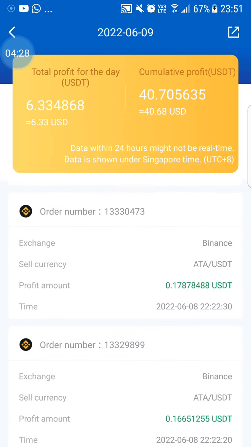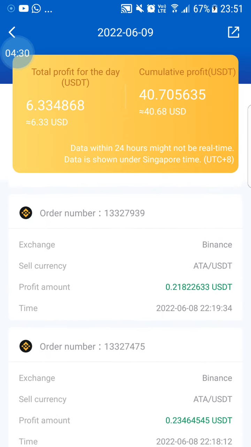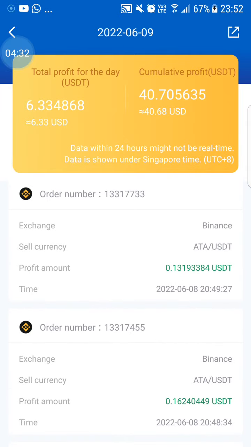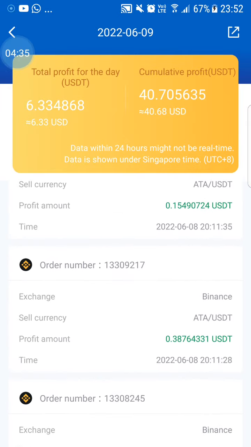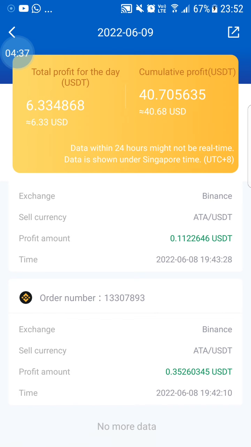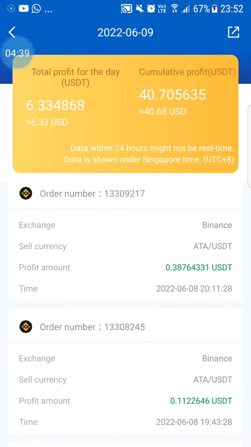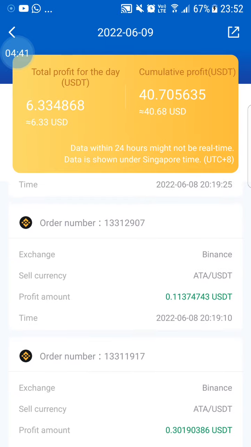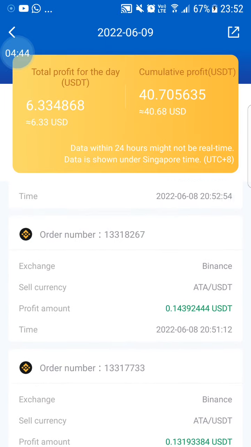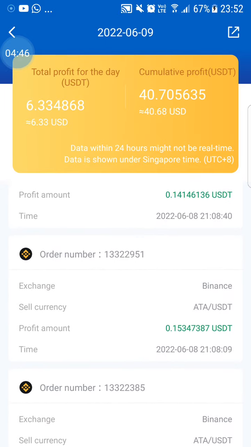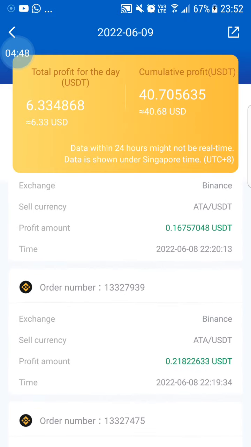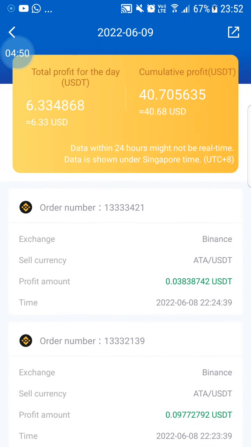ATA has been pumping today. It seems like it's the one that has been selling more. The bot was selling more because it's only ATA that has been making profits on this particular trade setting, and it's trading with a budget of $99. Imagine, a $99 budget produced an amount of $6 there, mostly because this was pumping, and it's around the first buying amount of